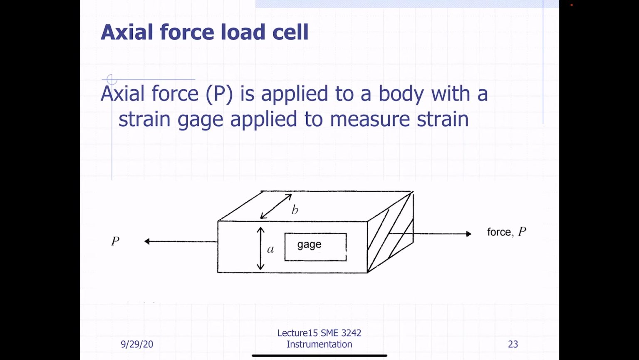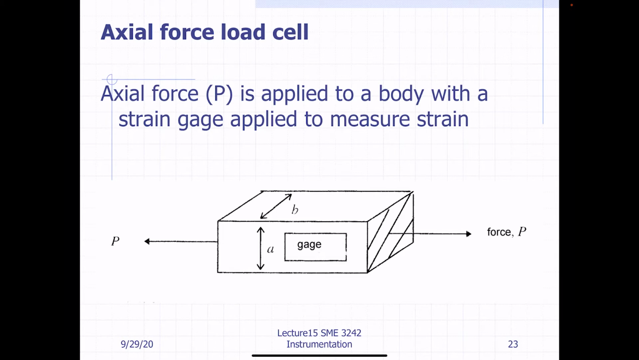There are two types of load cell. The first one is the axial force load cell. The type of load cell depends on the type of forces applied onto it. This is called an axial force load cell because the axial force is applied to the body. A strain gauge is applied to the body in order to measure the strain due to the deformation that happens in